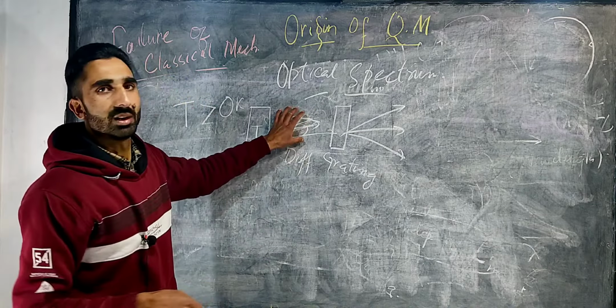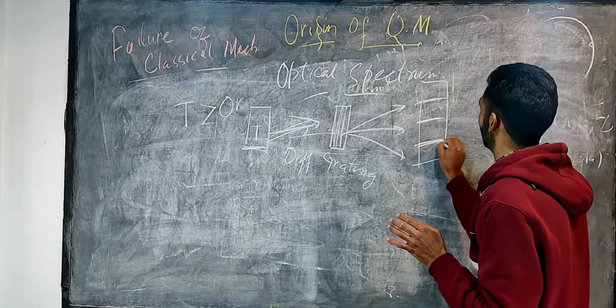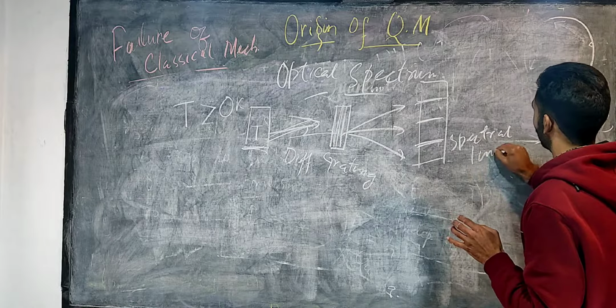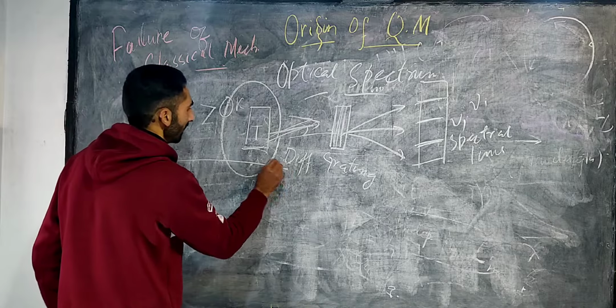there will be diffraction of the radiation beam. So there will be a separation of various frequencies, which are seen on the screen. There will be a separation of spectral lines having different frequencies, like nu i, nu j, something like that. So when this substance is put under some kind of potential or external field, say E,